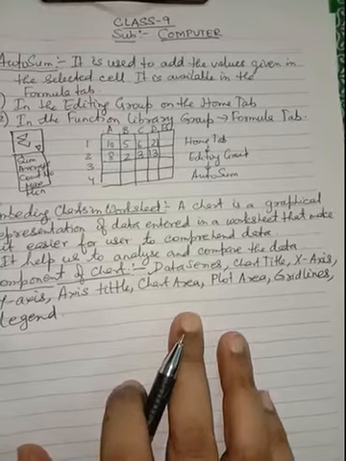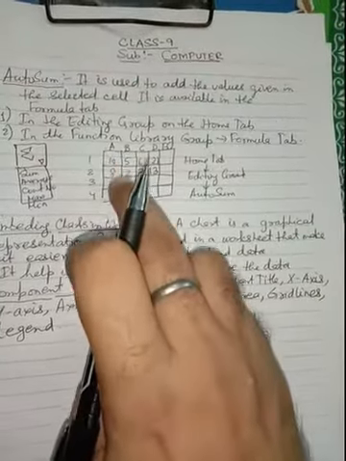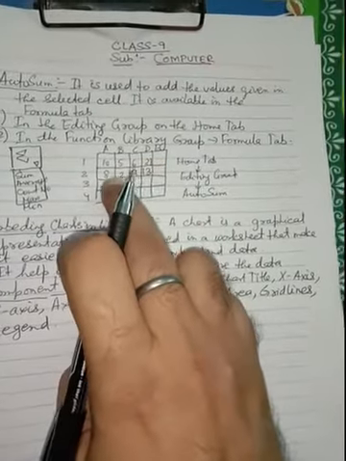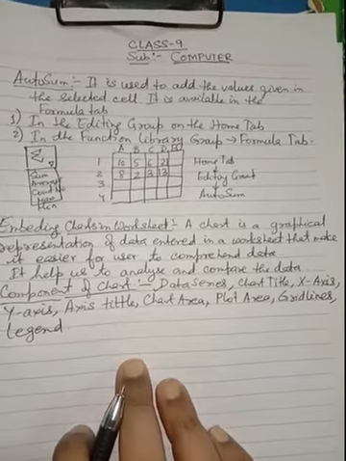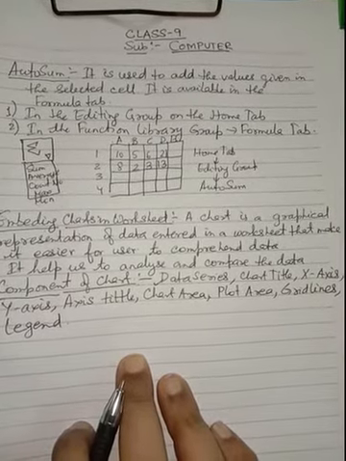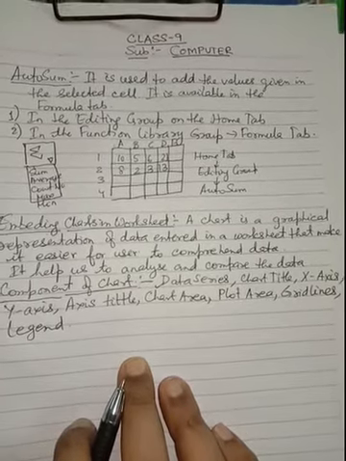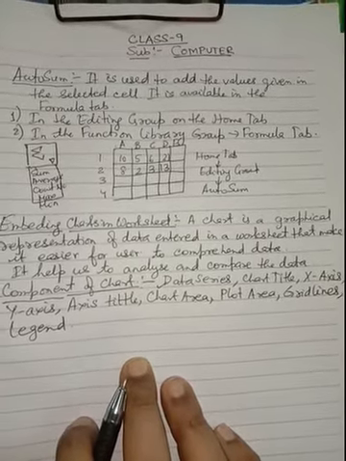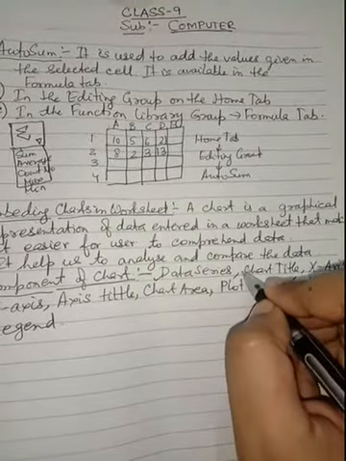These are the data entries from which the chart is derived. Suppose these are the data that we have used in the chart. So these will be known as the data series. Next, the chart title. What is the chart title? It is the title of the chart which helps the user to understand what the chart is about or what the chart is trying to say. It is mentioned on the top of the chart.